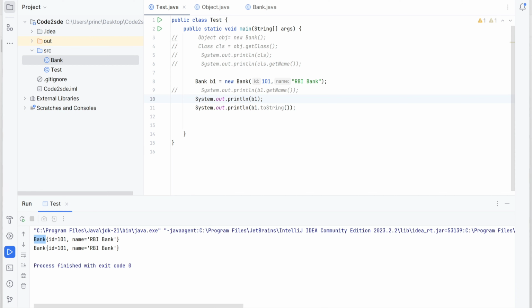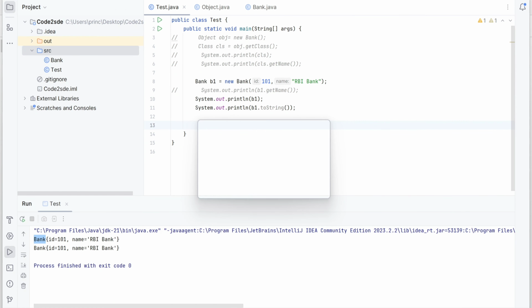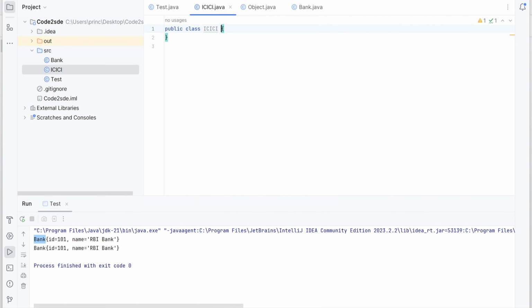Now let's try to create one more class here, say ICICI, and it will be extending the Bank class. So it will also have access to the instance members of the Bank class, right?